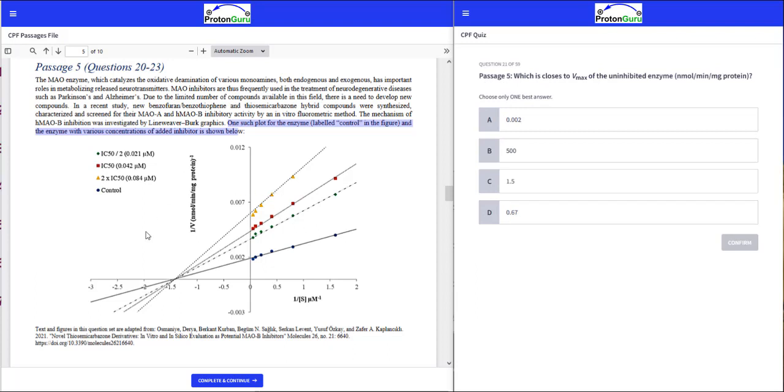They next ask you again to interpret this kinetic data plot, and they're asking you to find Vmax, the maximum velocity, the maximum reaction rate of the uninhibited enzyme in these units. It doesn't really matter what the units are, but you see the units that they're using are on this axis. The units here are in reciprocal concentration of substrate. The uninhibited enzyme, again, is the one with these little circles. And one thing you can tell from a Lineweaver-Burke plot, again, if you look at our enzyme kinetics topic, is that this point right here where you cross over the y-axis is equal to 1 over Vmax. So we have to solve for Vmax with 1 over Vmax approximately